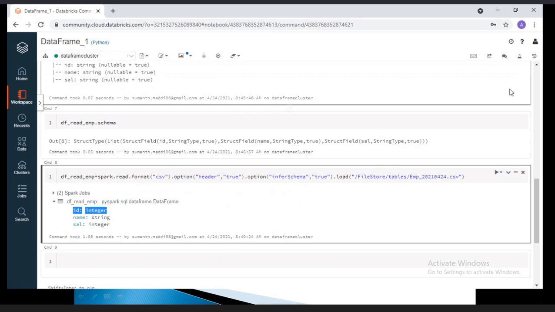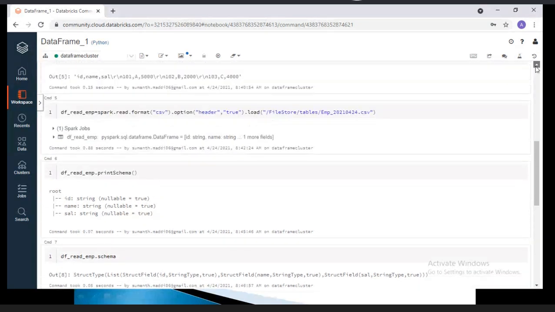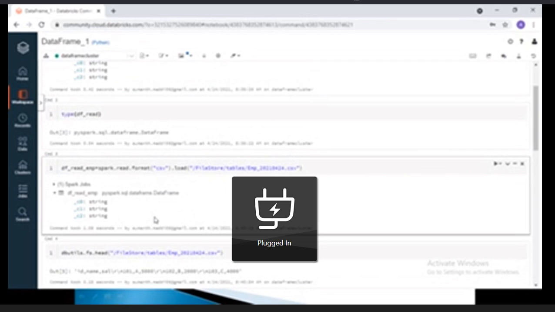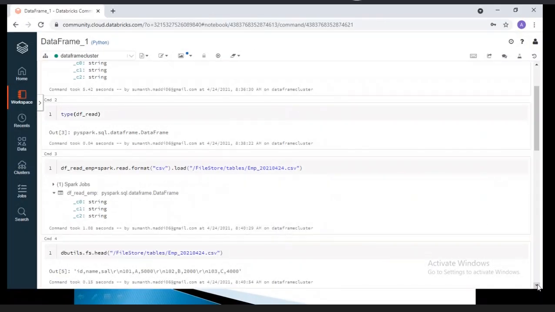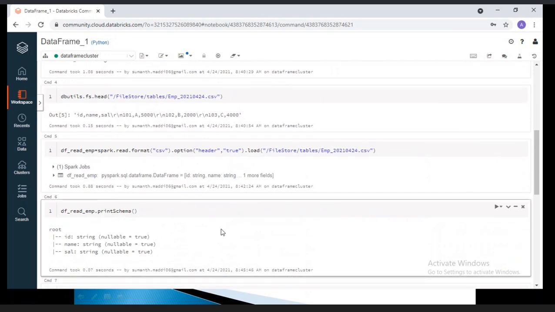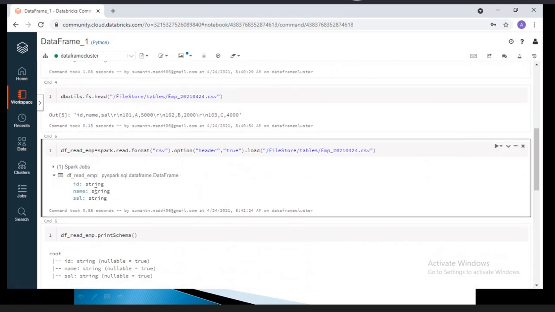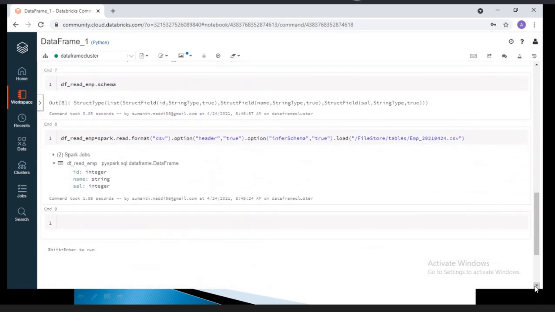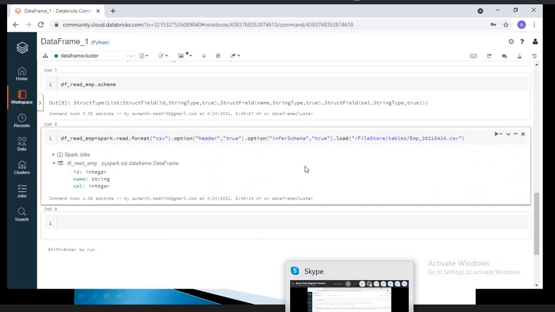But in the previous example, all the data types belong to the string data type. Here we are seeing the proper header information, but the schema information, the data types information, everything belongs to string data type.